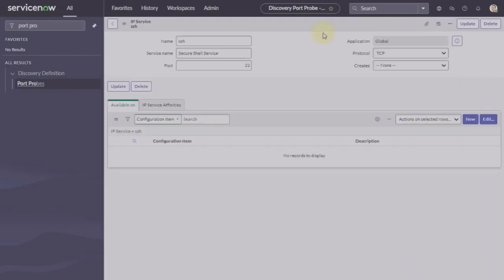We have already seen that this particular IP service is using the port number 22. We can customize this port number, so it is not always that your customer will be using the standard port number 22 to find the Unix or Linux devices. They might be using some custom ports, and how you can customize the port, you can just write, suppose